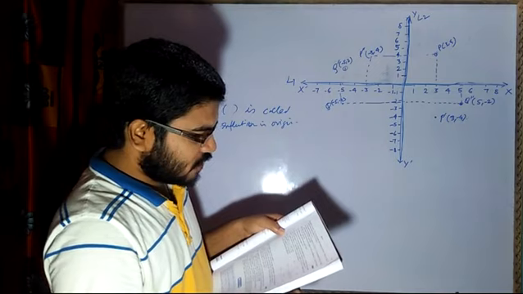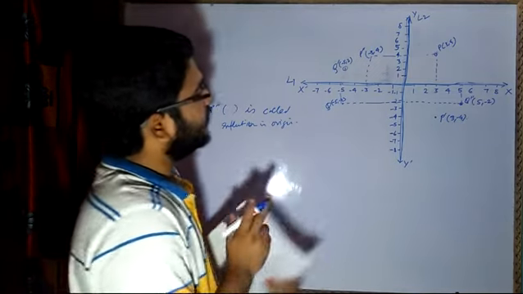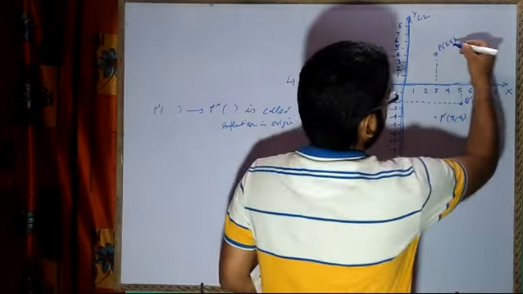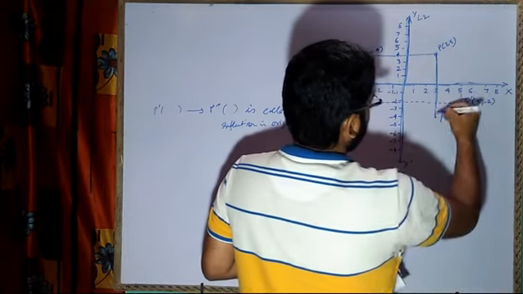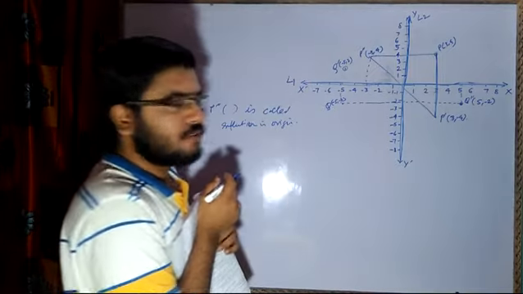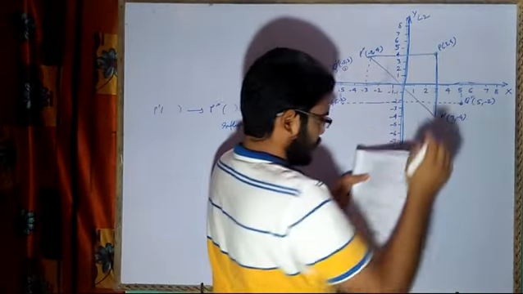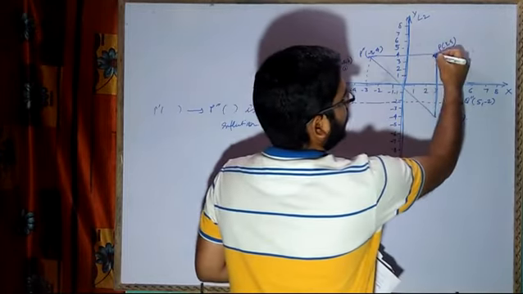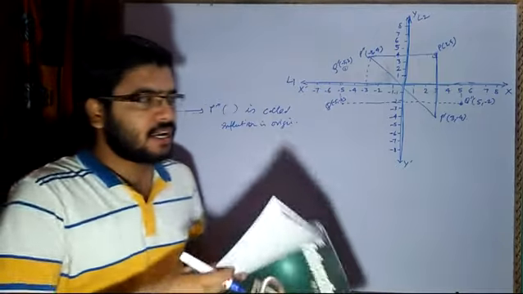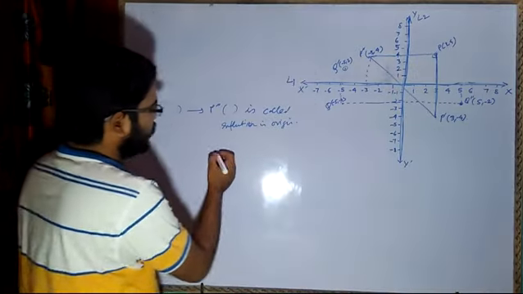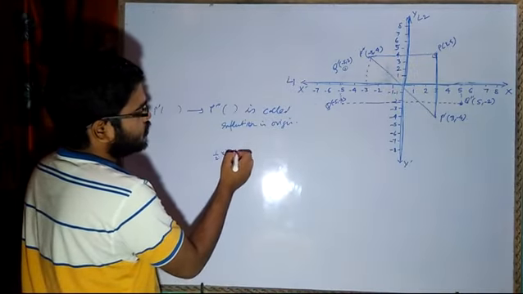Now find the area of the triangle P, P dash and P double dash. Where is my P? P is here. P dash, this one. Then where is my P double dash? Here. The single reflection of this we have already discussed. Now what is the area of the figure? As you can see, it is a right angle triangle. So you can very well find the area by using the formula half into base into height.